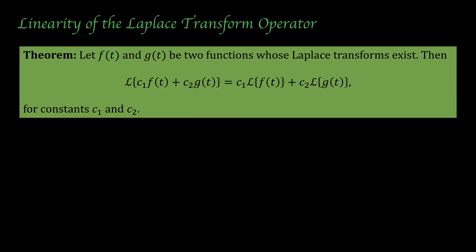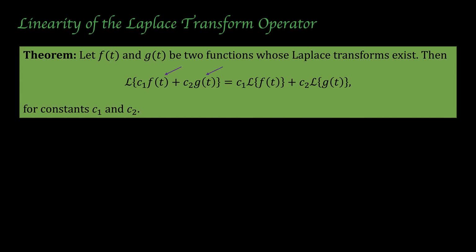The Laplace transform has a nice property of being a linear operator. So now let's look at the linearity of the Laplace transform operator. And let's start by giving the theorem. So I'm going to say let f of t and g of t be two functions whose Laplace transforms exist. Then I'm going to apply the Laplace transform to a linear combination of these two functions. So I'm going to take c1 times f of t for some constant c1 plus c2 times g of t